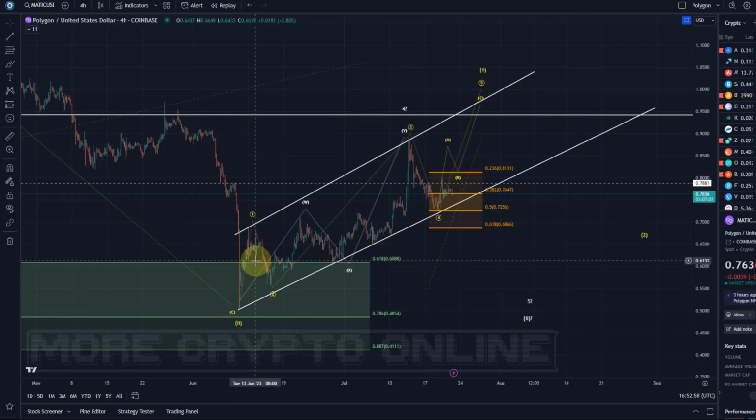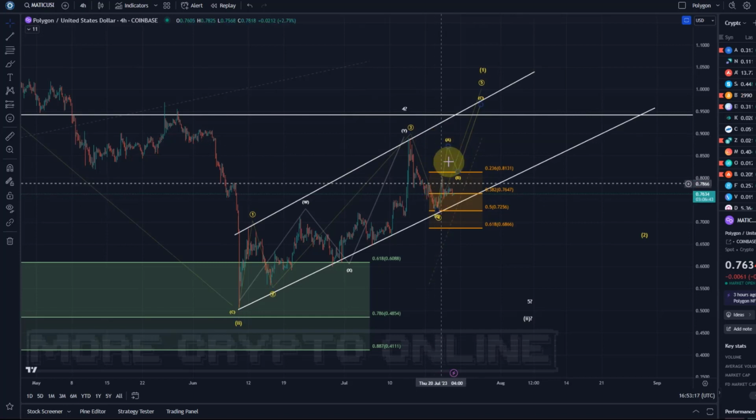The altcoin market doesn't look good at the moment. Even MATIC, with a good long-term chart, the short-term price action doesn't look good. So it, of course, can recover from here. That's why we're tracking a bullish scenario. But it's not one scenario I like to see. I would like to see an impulse. There is no impulse. So that's a problem.